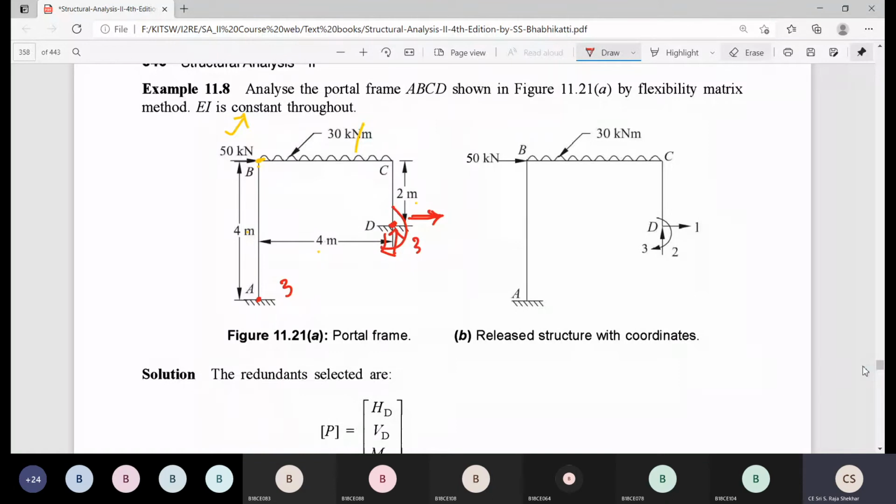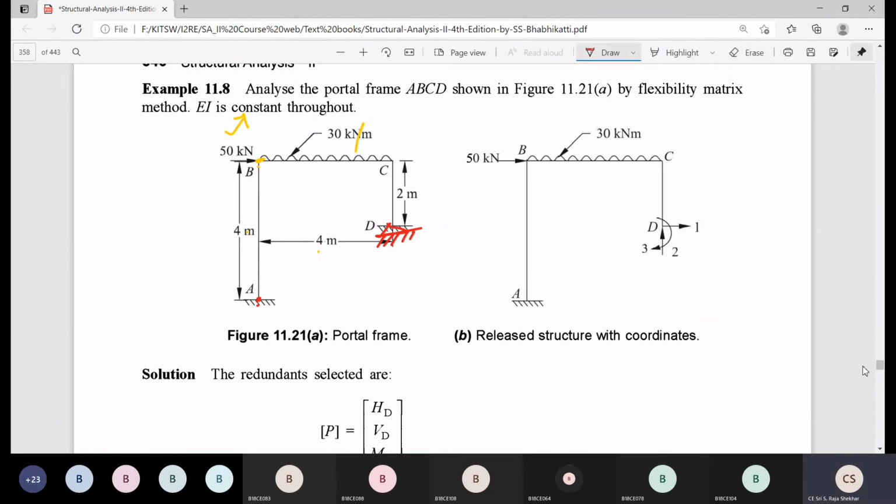Right. After that we need to assign the coordinate directions. Actually in our curriculum 3 magnitude is not there, only 2 magnitude is there. So if it is a hinged support, we need to release that hinge, that means the horizontal force. Let us suppose this is the hinged support. So in our curriculum only second degree of indeterminacy is there. Actually we got the degree of indeterminacy as 3. I am considering the same problem with one end a fixed support and the other end a hinged support.